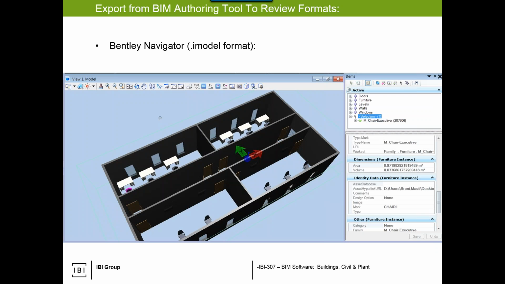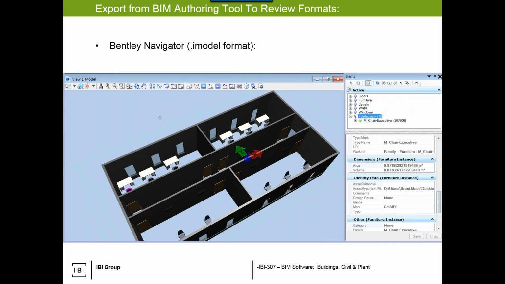So that's Navisworks. Navigator is Bentley's version of Navisworks. It uses this iModel format. Now, if you've been following social media quite a bit, you know Bentley is very adamant on the iModel format, so it's their own proprietary format, different from the next slide where we're talking about IFCs. But the problem with this format, it is Bentley only, yet Bentley has gone and built plugins to tools like Revit. They're working on Civil 3D. I believe they have ArchiCAD, SmartPlant, etc., where they say, model in whatever you want, we'll give you the plugin to pull it into the iModel format, and they